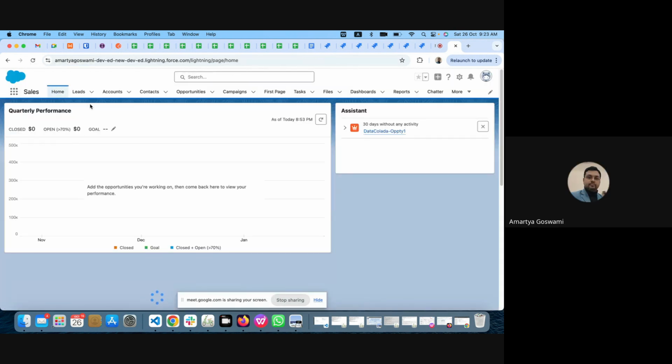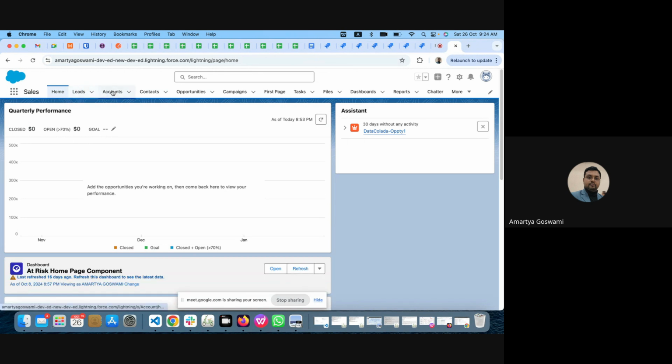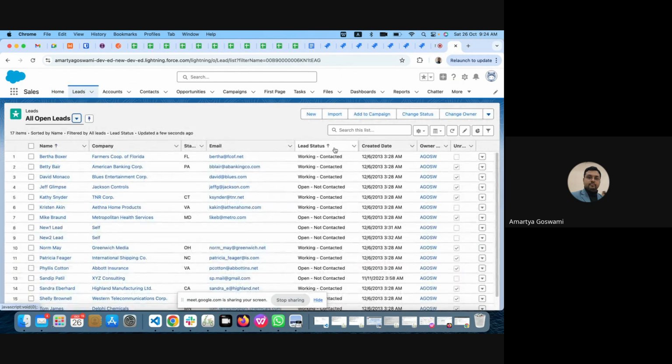So, this is my home screen. This is lead, account, contact, opportunity. This thing is called the menu of Salesforce, right? So, this one we have covered in the last class as well. So, let's go to lead. In lead, we can have